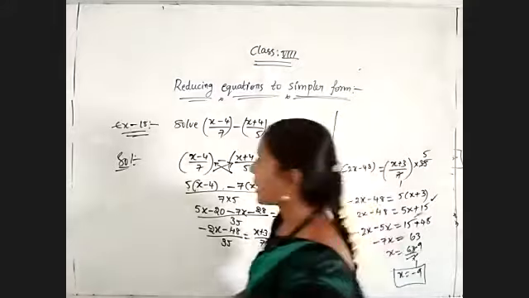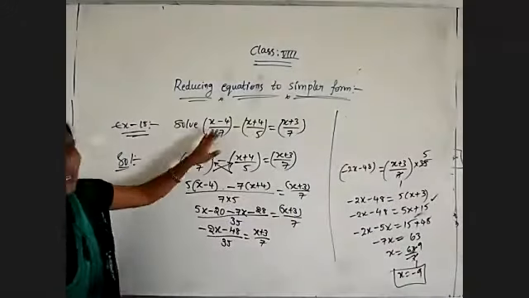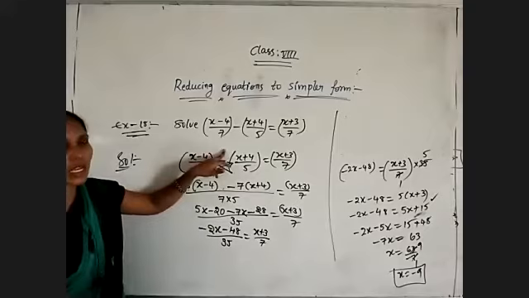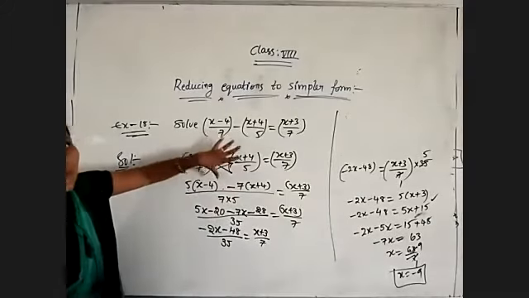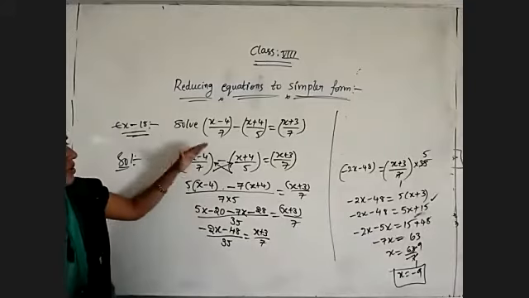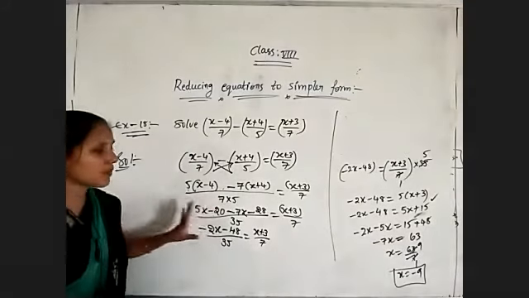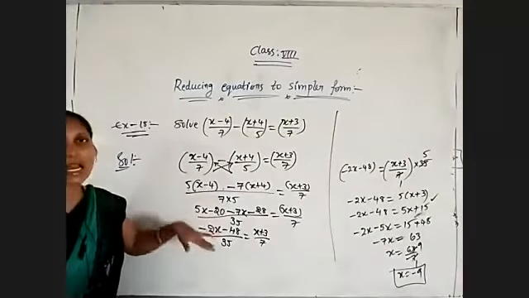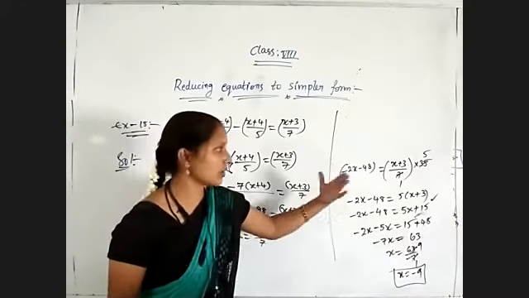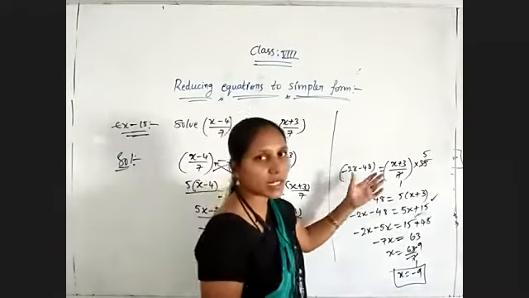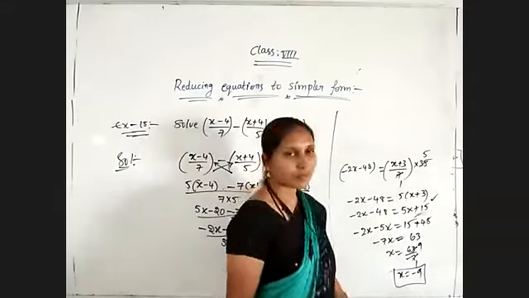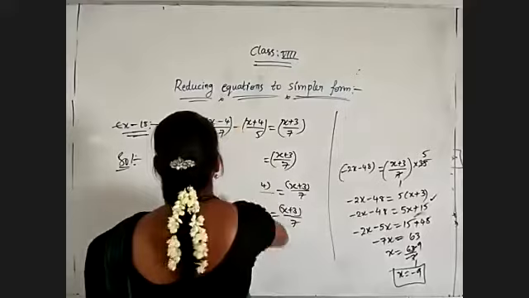Once again, listen carefully: whenever a question is given like this, go through with the cross multiplication. You simplify this type of questions in 7th class also, but here somewhat different, difficult questions are given. The process is the same. So go through the cross multiplication, simplify both sides, and after that, if simplification is possible by whatever easiest method, follow that. Like this we need to simplify. Coming to the next question.